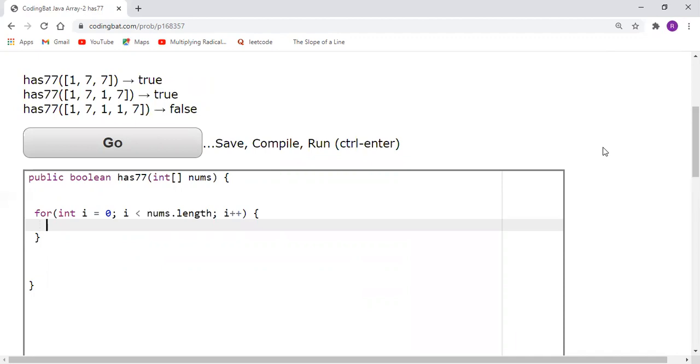In other words, the total number of indexes in the array is always going to be less than the length itself. And so if i is less than nums.length, then we're not walking off the edge of the array. We're iterating exactly within the confines of the array length. So here within the for loop,